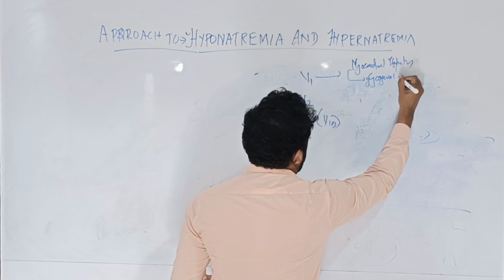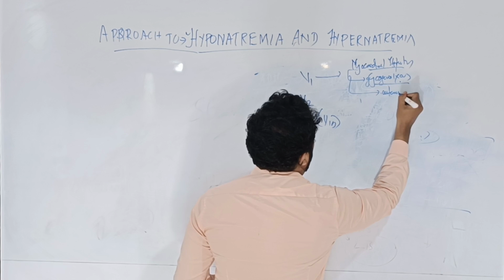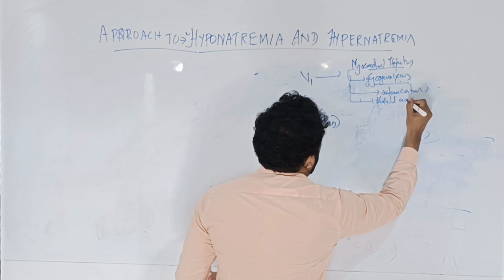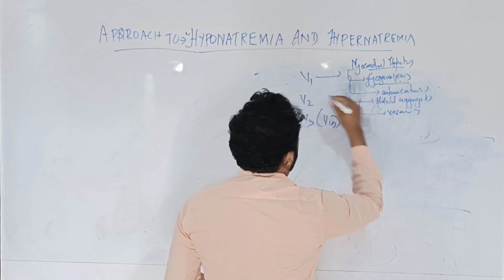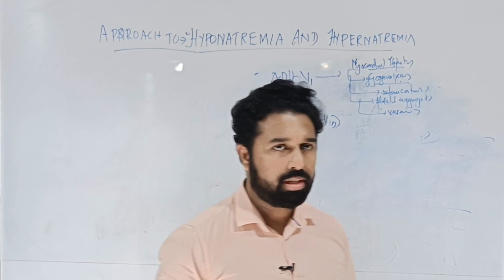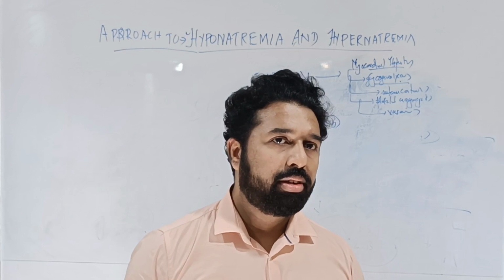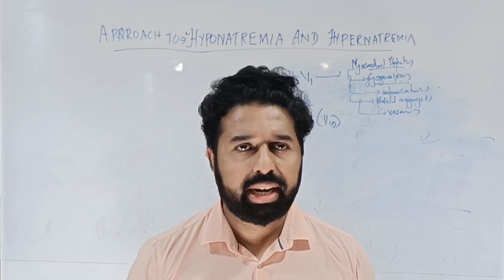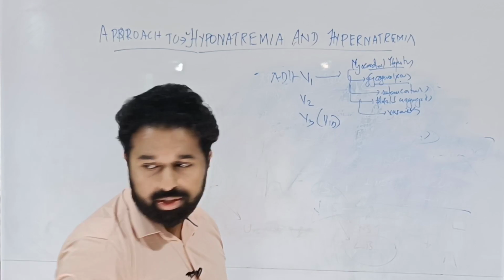glycogenolysis, uterine contraction, platelet aggregation, and vasoconstriction. These are the actions of ADH on the V1 receptor. You have to remember that ADH is secreted as a precursor molecule. The other name for ADH is vasopressin. Pre-pro-arginine vasopressin divides into neurophysin, copeptin, whose functions are not known, and arginine vasopressin, or ADH, or vasopressin as you normally call it. Because it causes vasoconstriction,